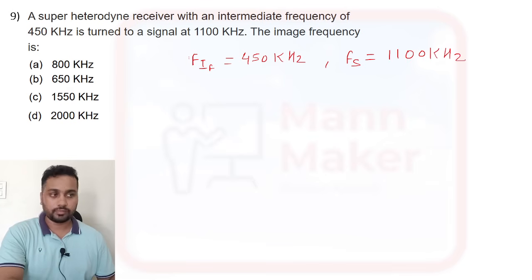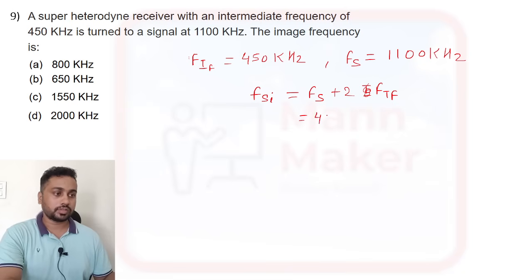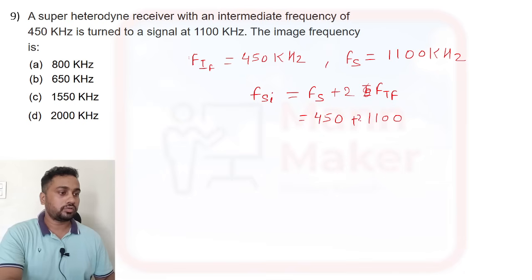It is 1100 kilohertz. These things are given, and we need to find the image frequency, Fsi. The formula is: image frequency is equal to Fs, that is your tuned frequency, plus twice the intermediate frequency. We have all the values: this is 450 and this is 1100. 2 into